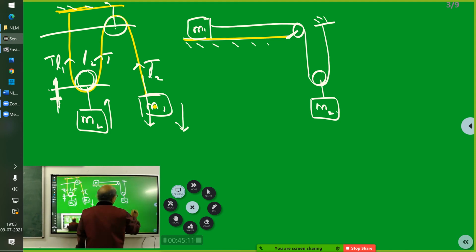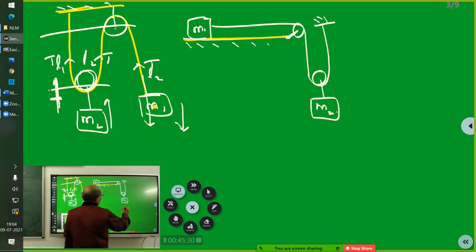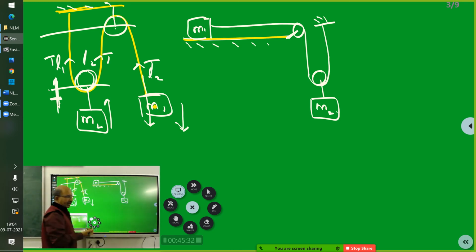And what else is the condition given? Viresh? Sir, surfaces are smooth. Yeah, surfaces are smooth. Fine. Apart from that? No condition, sir. No condition. Okay. So now, under this circumstance, what will happen?